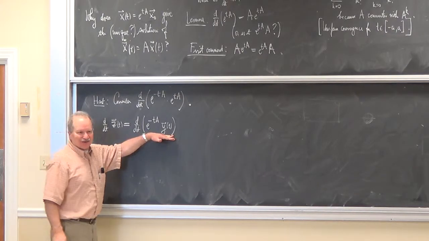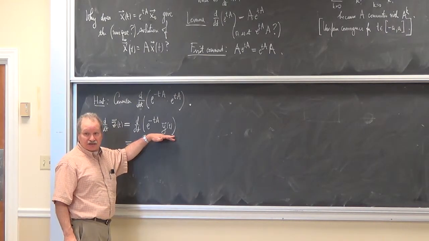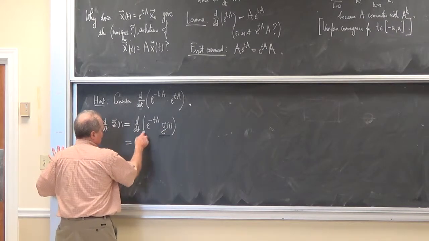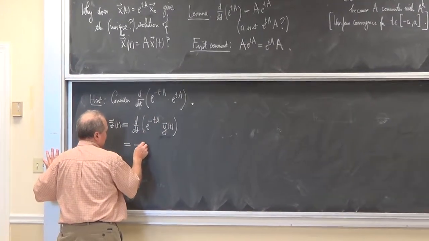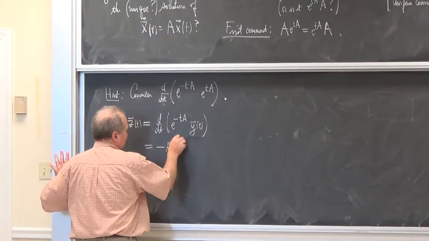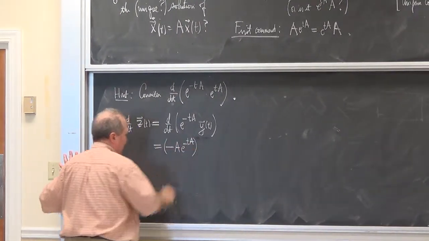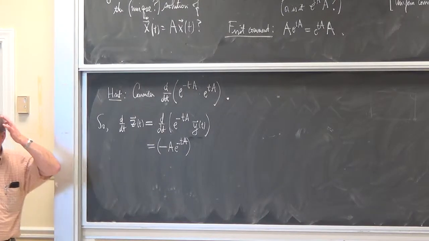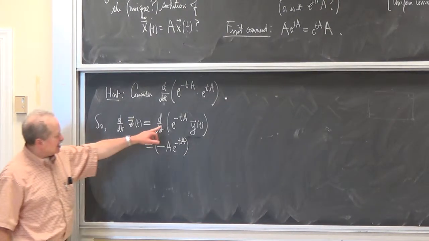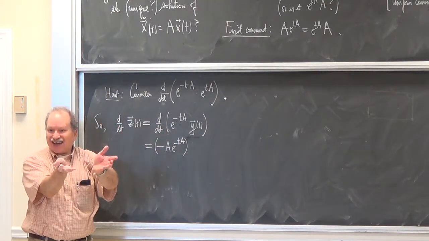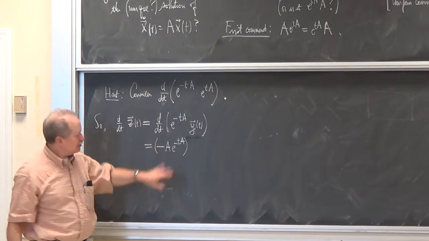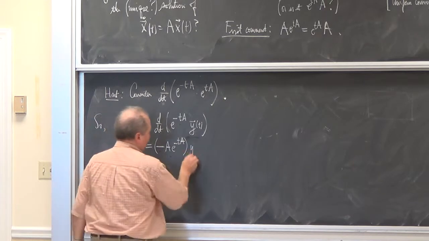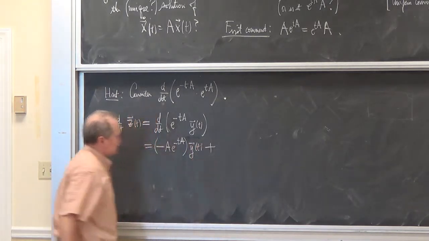Thank you. Product. Be careful about order of things. So I'm going to do the derivative with respect to t of this, and I guess Cameron's telling me that the negative by the chain rule comes out as a negative. Or you can think of this as e to the t times the matrix negative a. Agreed? And then negative comes out. Negative a. Okay, times y of t plus